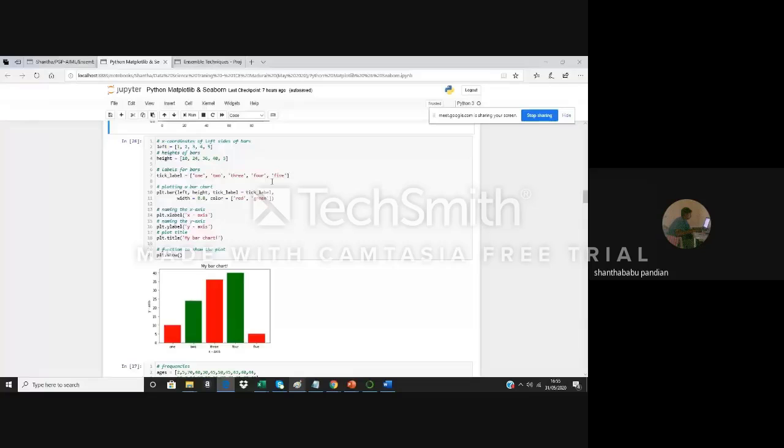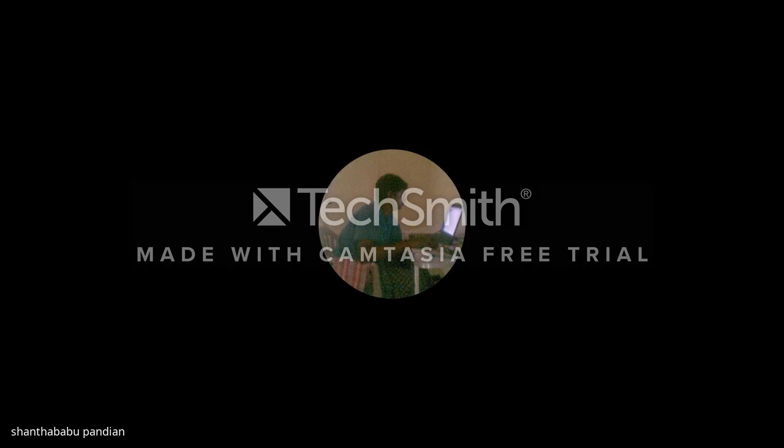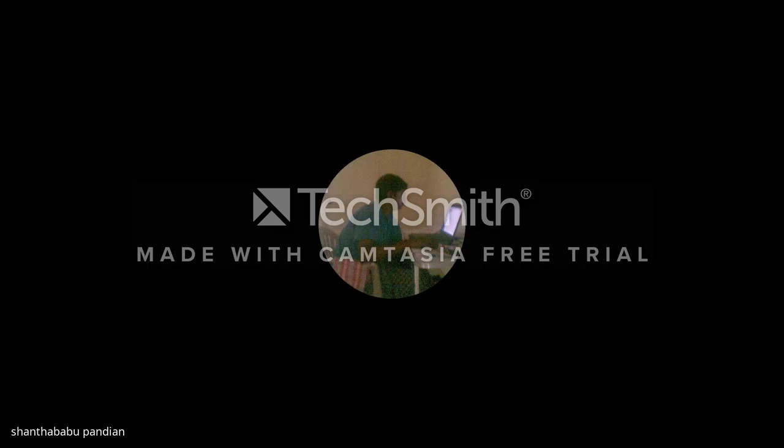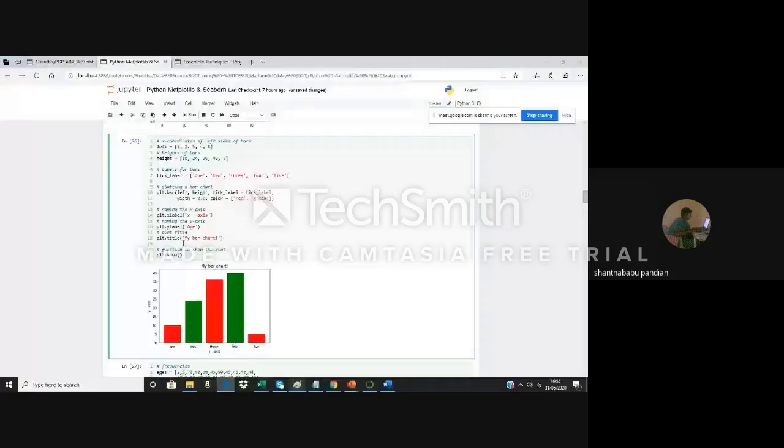Okay, and plot dot xlabel is nothing but the x-axis, and plot dot ylabel is nothing but my y-axis. I'm just giving y-axis, so don't bother about that. For example, if you want to change this one, you can change it. So it could be age. If you want to manage something like age, you can make it age, and this is the title. Okay, and then the x-axis name. Okay, so if you run this one,